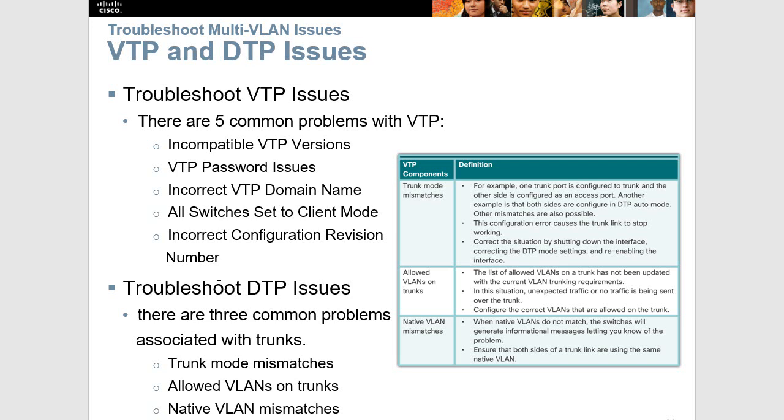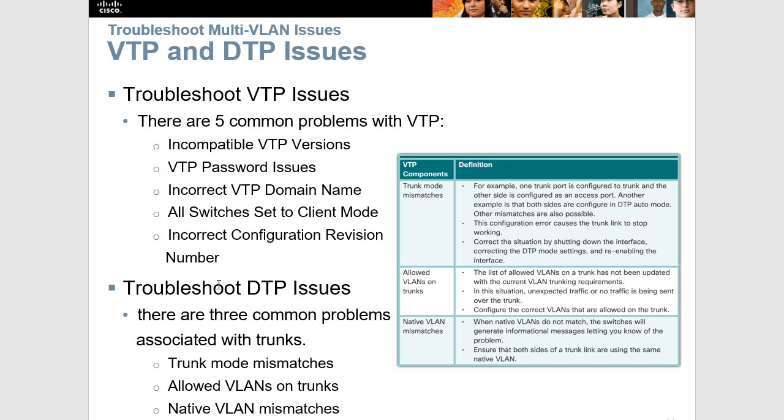If that is the case, and you have a higher revision number on a switch that has a bad VLAN database, maybe from another network, it's going to mess up all your other switches, because by default, in general, your switches are going to take the VLAN database with the highest revision number no matter what. So you need to make sure that you don't introduce a switch into a network with a higher revision number that messes things up. DTP issues, if you have a mismatch, maybe you have a